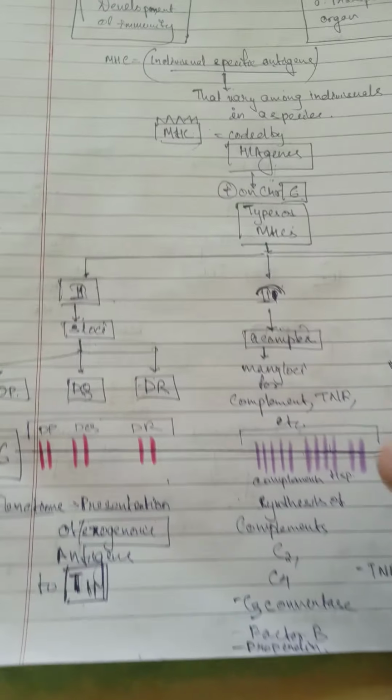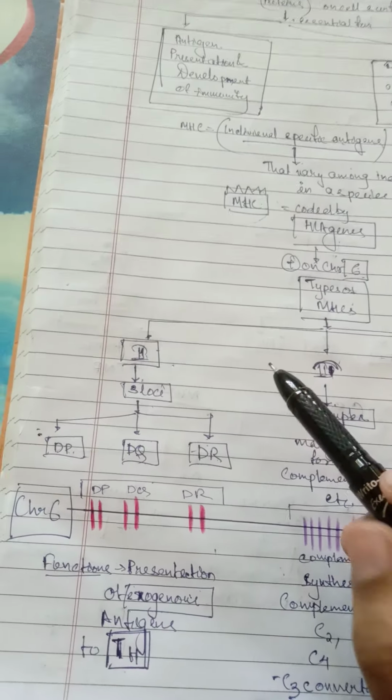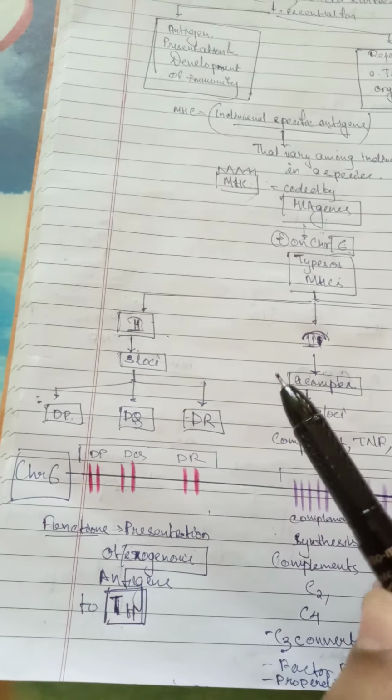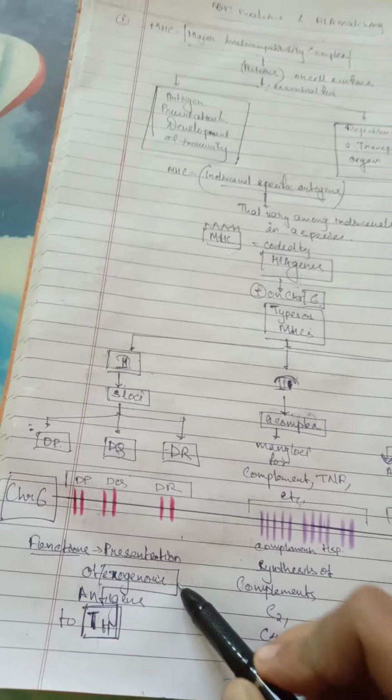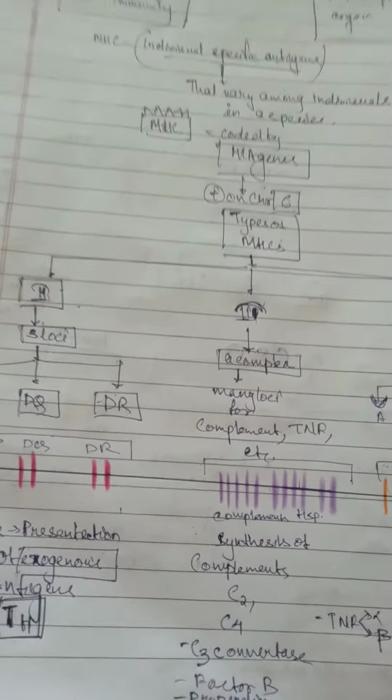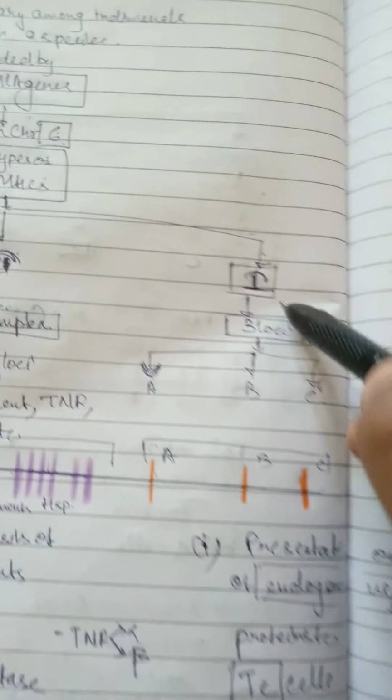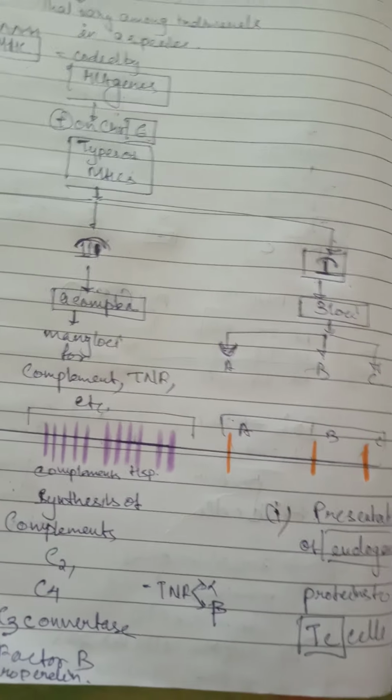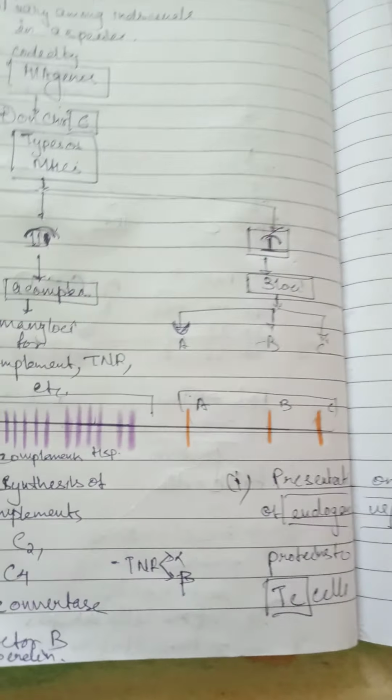So let's now learn what the functions of each MHC molecule are. To be precise, the MHC2 molecule helps in recognition of exogenous antigens and presenting them to our T helper cells. T helper cells help the immune response to ward off the exogenous antigens. And MHC1 molecules are highly essential for presentation of endogenous antigens to cytotoxic T cells, or the killer T cells, that kill the endogenous antigens. Before heading forward,